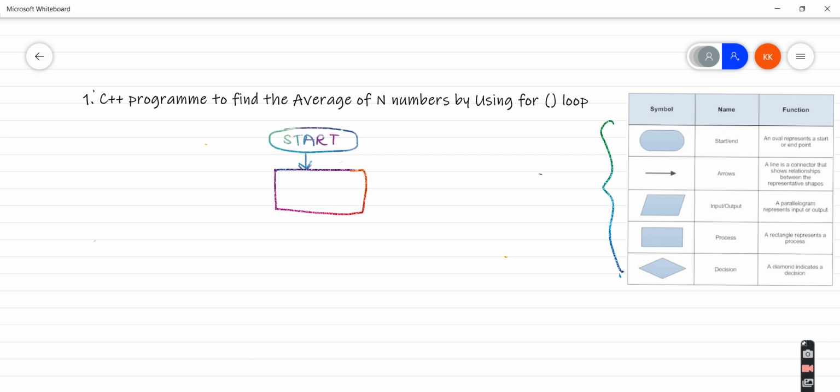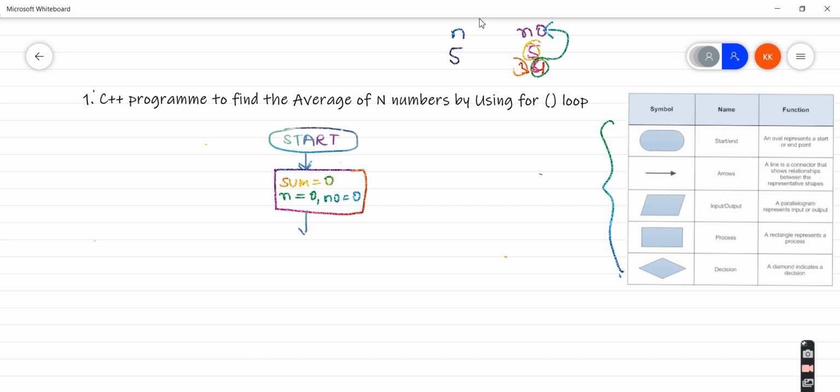Then we are going to have some variables. Sum is equal to 0. N is equal to input, let's say for now it is going to be 0, and we have number is equal to 0. So we have one variable n to take the input of how many numbers there are, and one variable number to take the input one by one, right? So 4, 3, 2, whatever value is entered by the user, I am going to store inside this one by one. So I have declared all the variables.